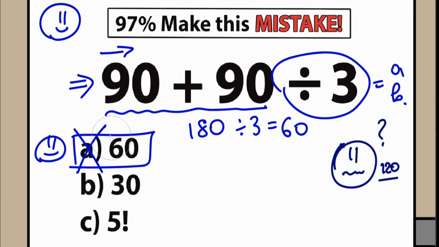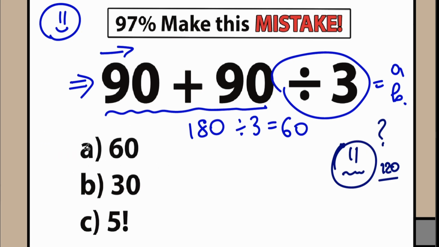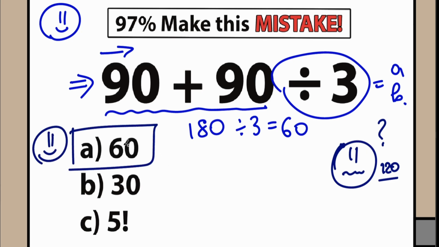And a lot of students say, okay, 60 is a correct answer. Then we can easily underline this. We can easily say 60 is a correct answer, and I go to the next question. But if you look closely, if you solve it according to PEMDAS, then 100% you will have a correct answer. So you won't be confused about the options when you solve this question absolutely correctly. So try to analyze, try to scan what options you have in your question. So in this question we have 120 as the correct answer according to PEMDAS, but don't be confused about it,